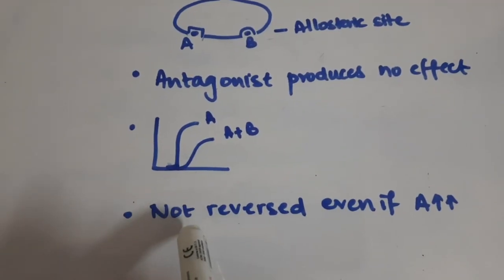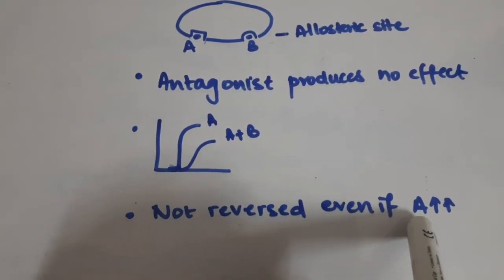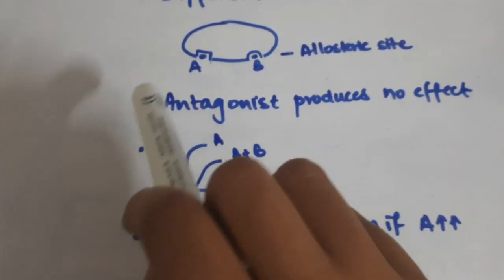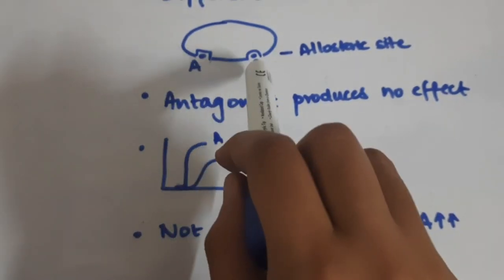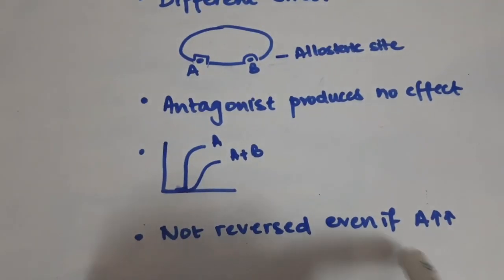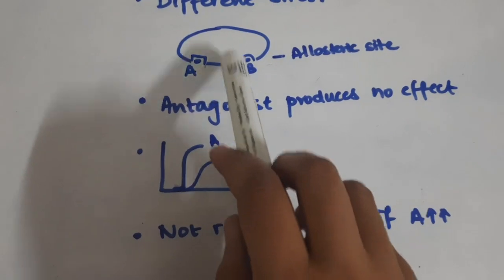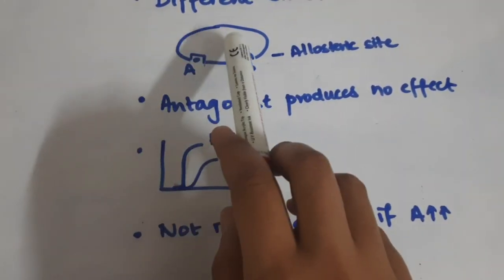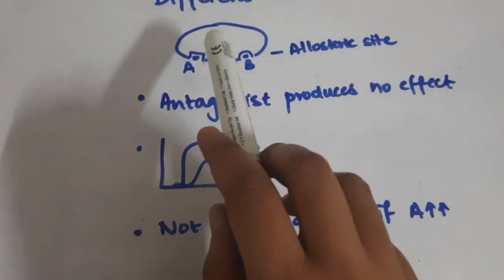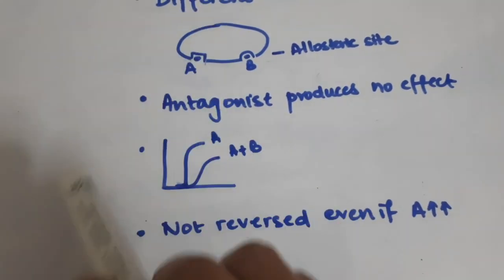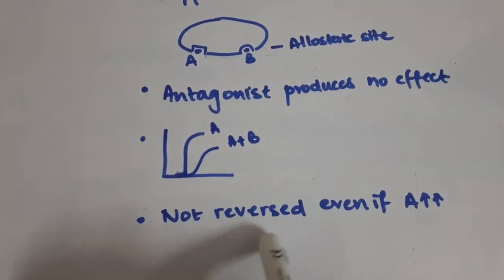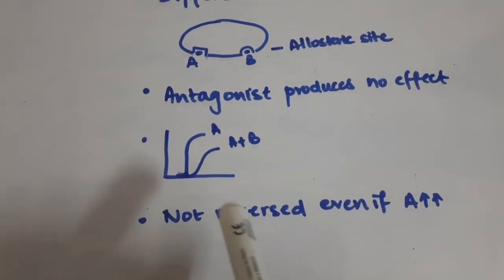And in this kind of antagonism, it is not reversed even if drug A is maximally increased, because B has not bound to a site that A was going to bind to. There's no competition here. B has bound to a different allosteric site, a completely different site. So even if A is increased, it's going to be of no use, because if B is already bound to it, it will not allow it to produce the effects that were going to be there by drug A binding. So even if A is increased a lot, the action is not going to be reversed, or the competition is not going to be